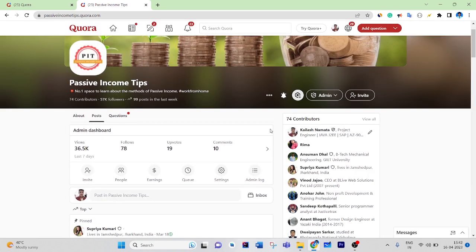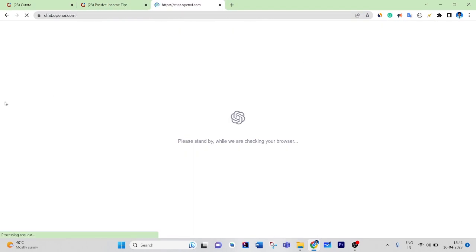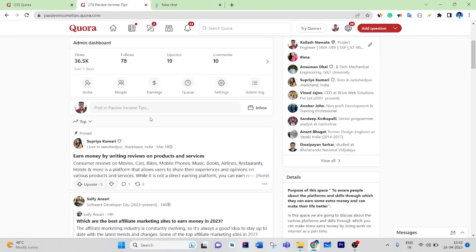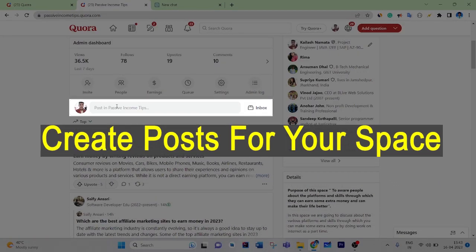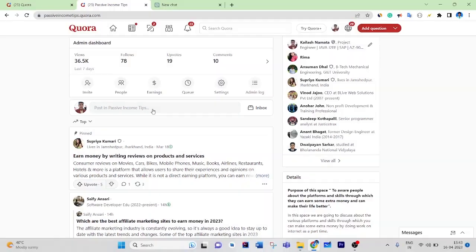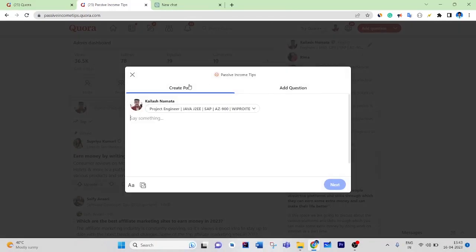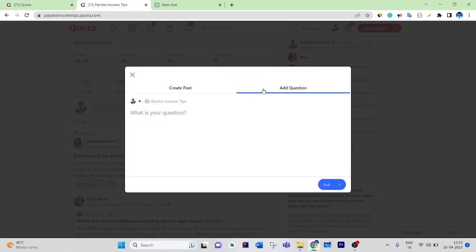So how can you generate money using ChatGPT? First thing, open ChatGPT, and let's say you want to post some content. Here we have a tab called post in your space name, so you click here, and here we can create our posts, right? And you can upload questions as well. Let's say if you want to publish some questions in your space, then you can write here and add it to your space.